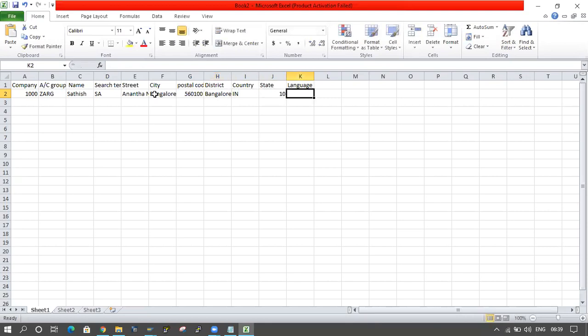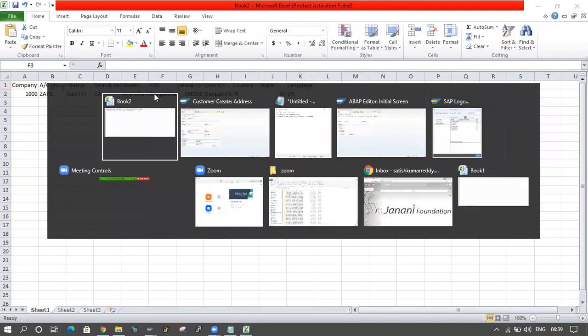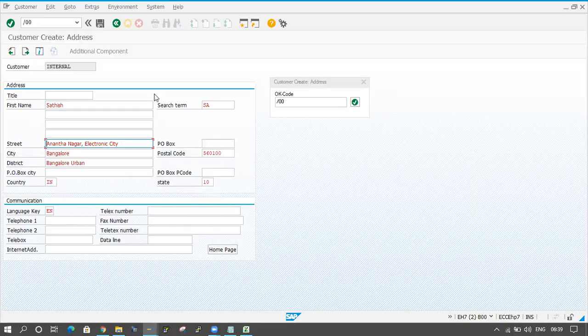State is 10 and language is English. Whatever they have entered in the recording, the same thing I'm maintaining in the Excel sheet. Fine. Now click on the enter button.